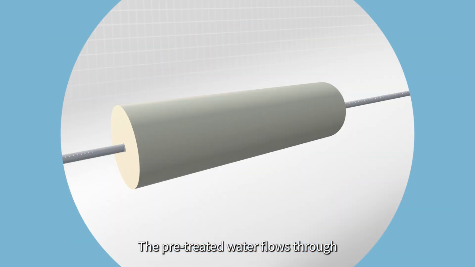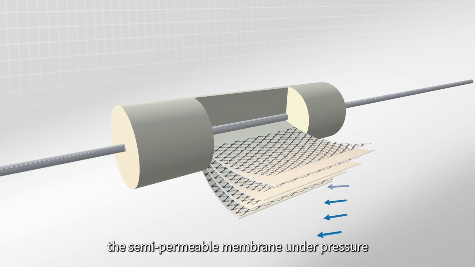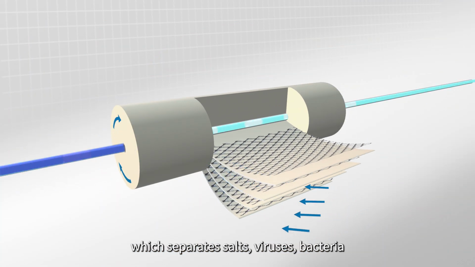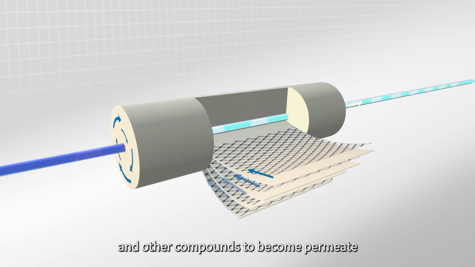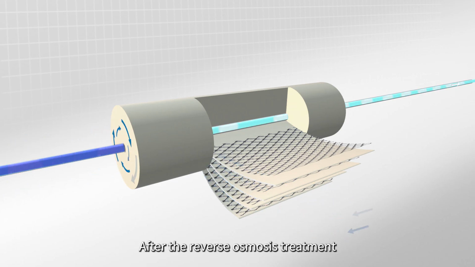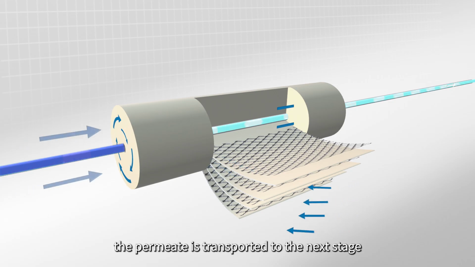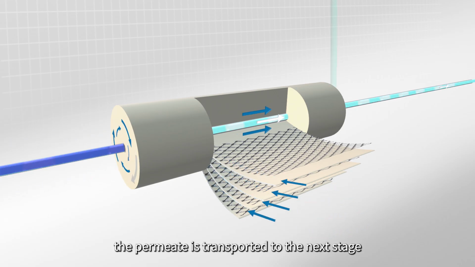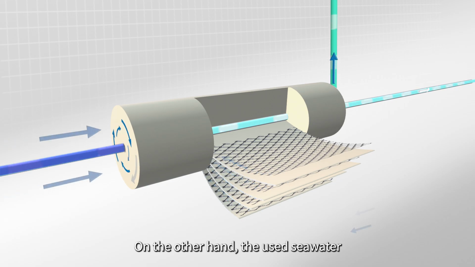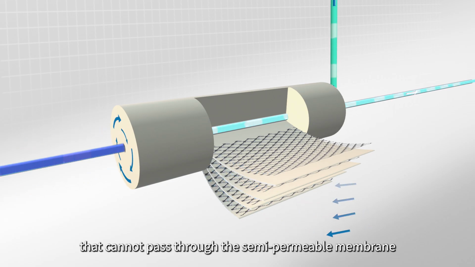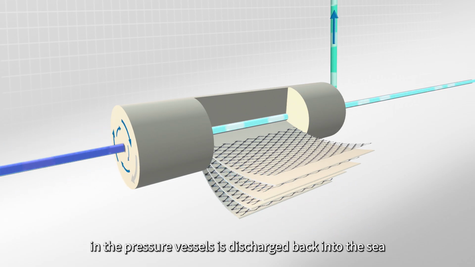The pre-treated water flows through the semi-permeable membrane under pressure, which separates salts, viruses, bacteria, and other compounds to become permeate. After the reverse osmosis treatment, the permeate is transported to the next stage, which is the post-treatment. On the other hand, the used seawater that cannot pass through the semi-permeable membrane in the pressure vessels is discharged